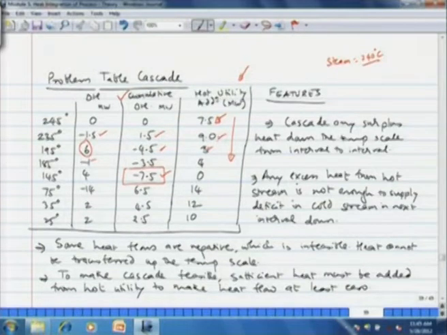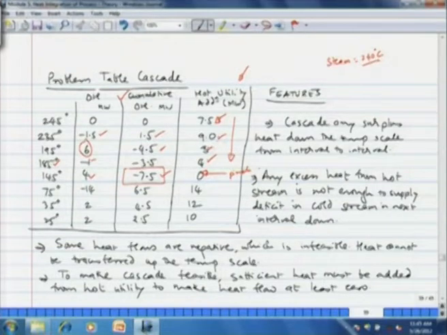Now 3 megawatt in the 195 temperature interval, to that minus 1 megawatt of 185 degree, this is surplus, minus 1 megawatt. So 3 minus 1 becomes 4. Now this 4 megawatt of heat available at 185 degrees can take care of 4 megawatt heat at 145. So here the net heat flow becomes 0. So this is the pinch